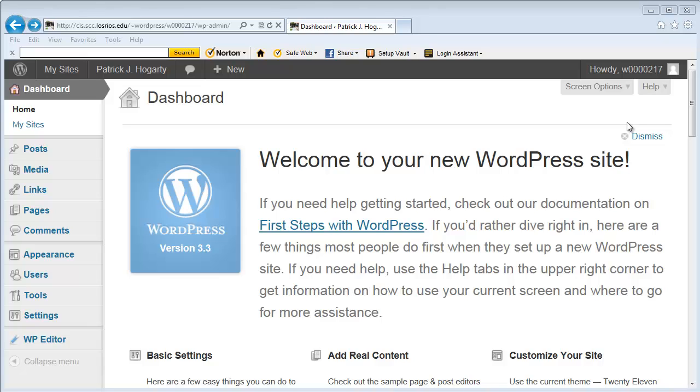Hi everybody. What I'd like to do now is just cover this dashboard that we have here on the left hand side, and just keep in mind that the dashboard is like the control center for everything that you're going to do on your WordPress site. So I'm just going to go down through here and give you a basic overview of